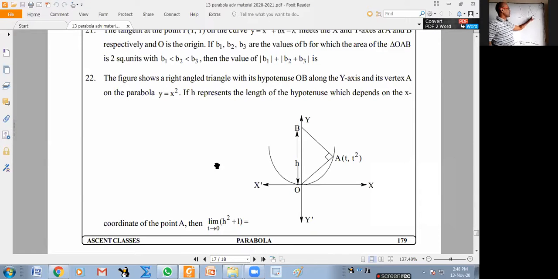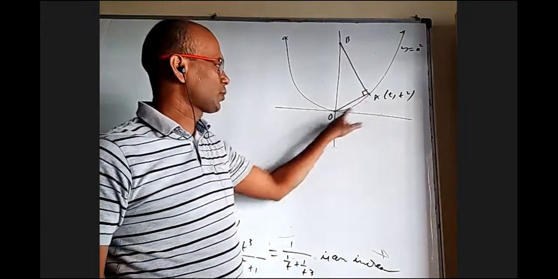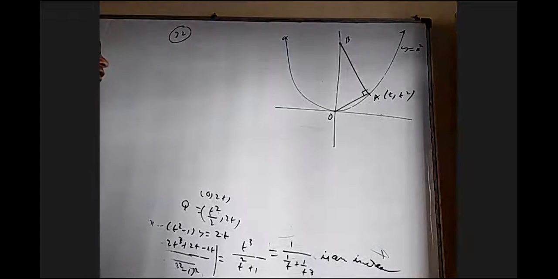So you can take different points and then draw perpendicular. You'll get many right angle triangles. You can keep on changing A, then every time B also will change. You'll get OAB right angle triangle. Now if H represents that height, when t is tending to 0, the x coordinate of this, what is that height tending to? As point A approaches, point B will approach one point. What is that? They're asking that.